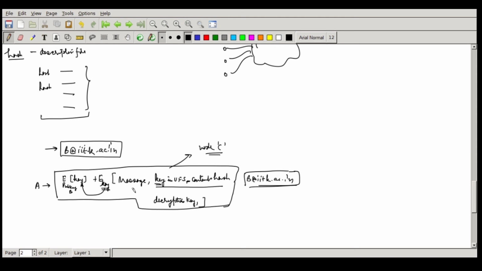So A will just simply dispatch it, but then B also has to verify who the sender is. This message will have all that information, who is the sender and everything. So it needs to be verified. We will sign this whole thing with the private key of A. There are going to be digital signatures. In fact, what can happen is you can also put who the sender is.